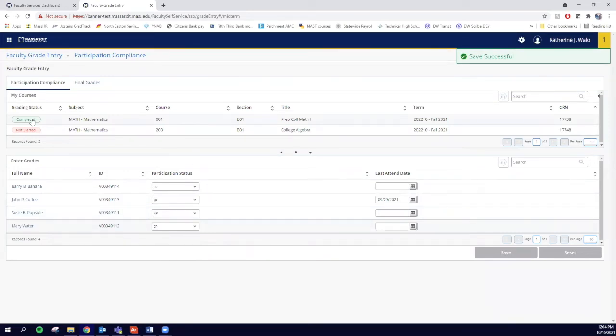This is a way for you to see another clear indicator that your participation reporting for that course is done. Now, while participation compliance reporting is open, you can always change the status for any of these students. Perhaps the student stopped participating, but they have spoken to you and you have agreed to allow them back into your course. You can then change this SP to CP for now